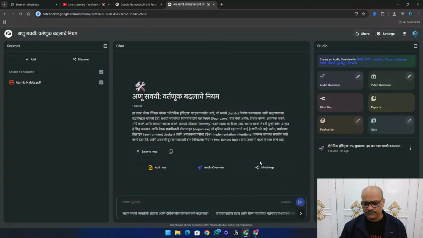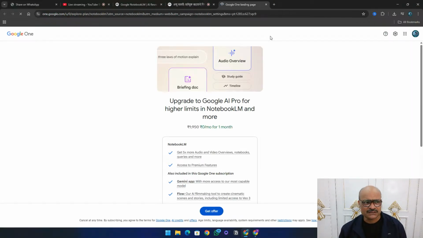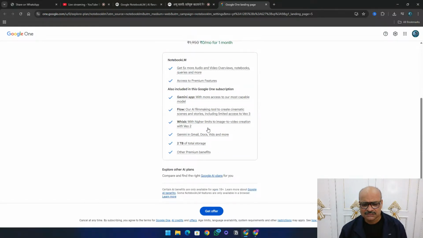And if you want to use it for commercial purpose, you can, because Gemini doesn't allow us to use it for commercial purpose. Other free platforms don't allow us to use it for commercial purpose. It only allows us to use it for our own purpose. So you can use it. You can also upgrade it for getting more features. So see, this upgradation is there. Okay,